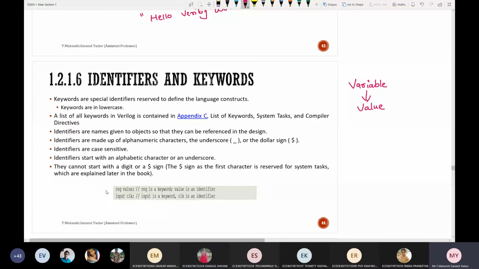Here, reg value always ends with a semicolon. Next, input clock. Here value is an identifier, clock is an identifier, whereas these are called keywords. Similar to the tokens in C language, here there are some keywords. Okay, register. What is meant by register?